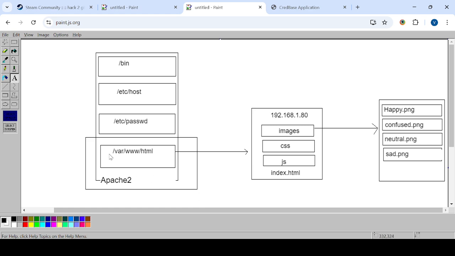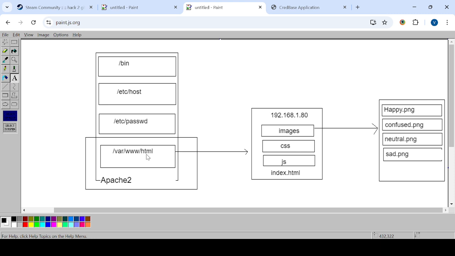So this Linux environment contains one application server, that is Apache. After installing it, we get the folder www slash html, and this HTML is nothing but